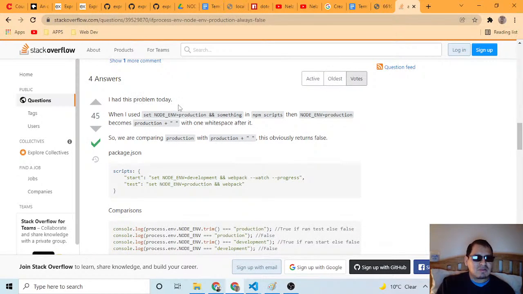I had this problem today. When I used the set env production in an npm script, .env equal production becomes production plus the white space after it. Oh, interesting.